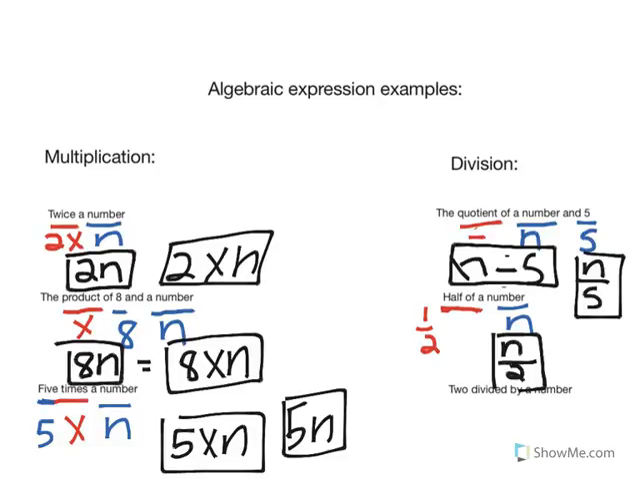On to the next one, the last one. 2 divided by a number. Now this is divided by, so it's pretty simple to understand that's division. Now 2 is our number, and a number is our variable. So 2 divided by a number will be